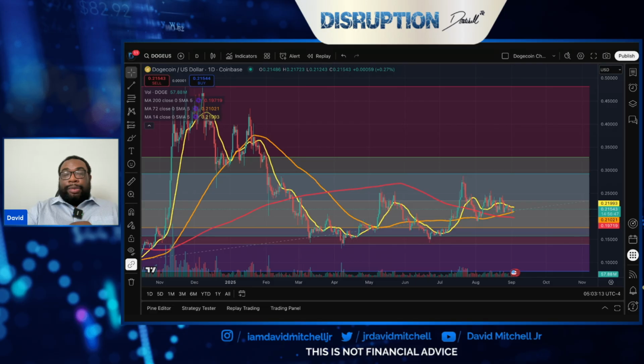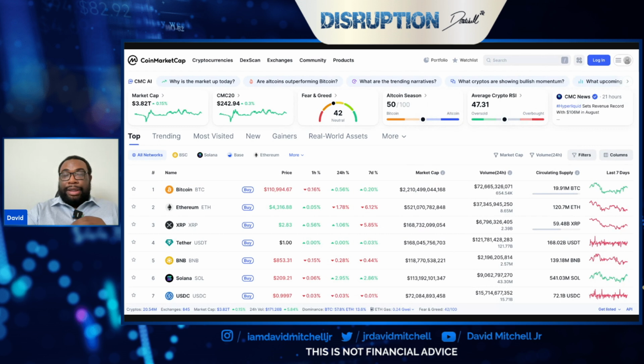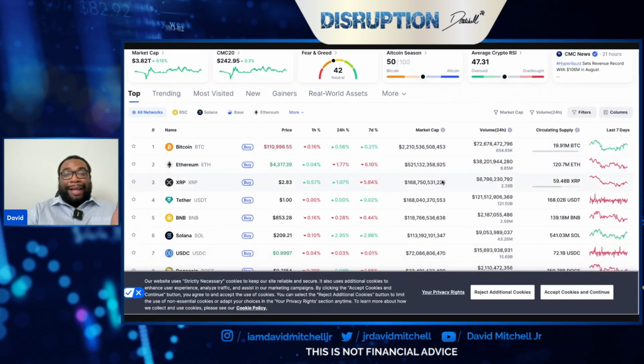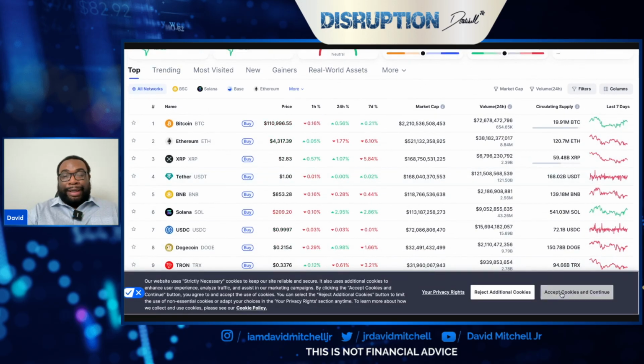the top 10. A lot of times, when people focus overall on their particular asset, it can become hyper focused and they'll say, oh, this is happening across the board. So I want to point out a few things here. The fear and greed index, it's neutral. Crypto RSI, relatively neutral. Altcoin season, relatively neutral. You're seeing a flat line pretty much across the board. It's not a